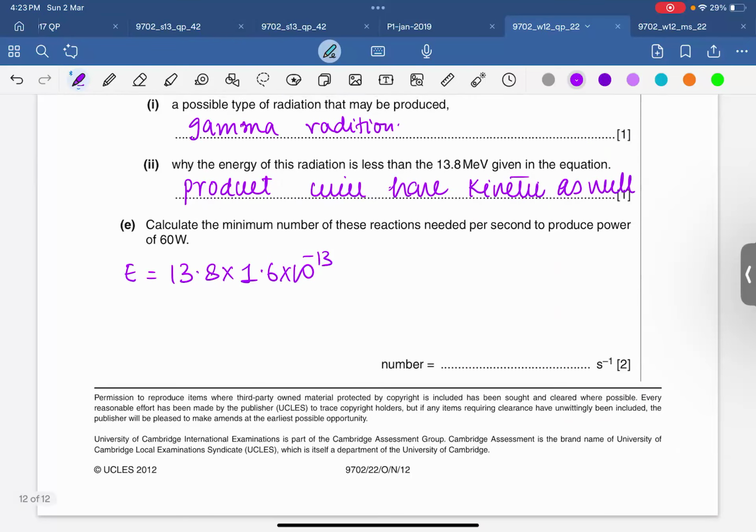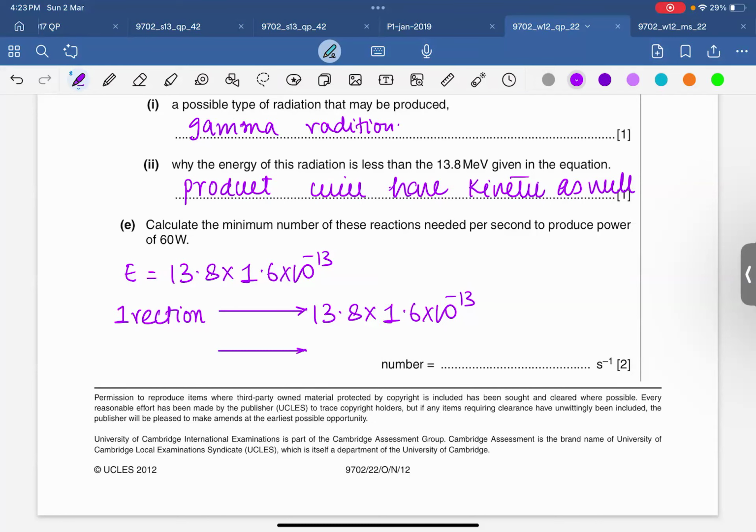एंड हम क्रॉस मल्टीप्लाई भी कर सकते हैं. हम ये कह सकते हैं कि भाई if one reaction produces this much amount of energy, 13.8 into 1.6, बार बार लिखने की क्या जरूरत है, कॉपी पेस्ट कर देते हैं. सही है. If one reaction produces this much energy, then if we want to make, अच्छा, they're saying 60 watt